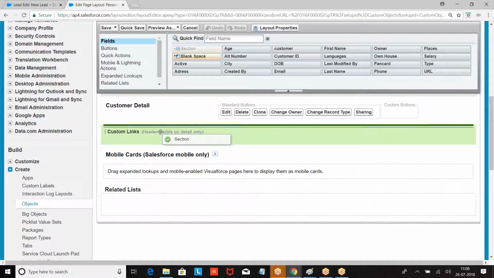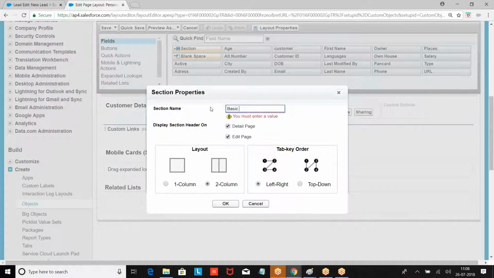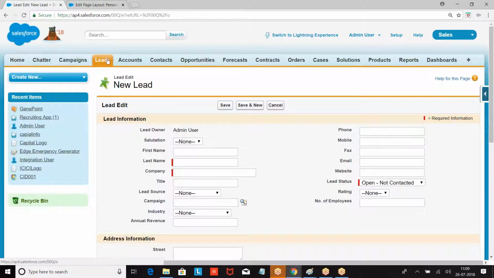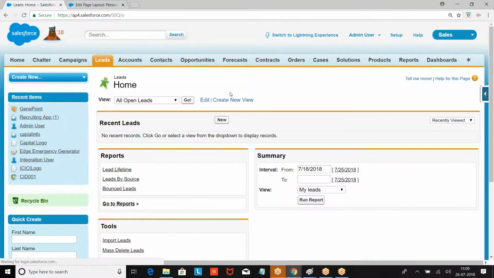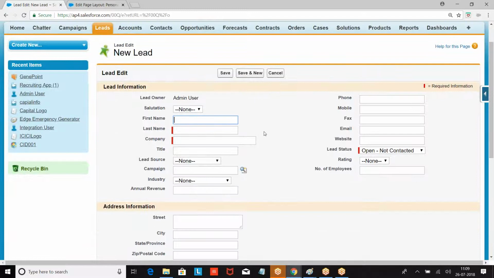Section, drag and drop. Basic information. Write it. Now, there will be two pages. When I click on the tab, what you get is called the home page of an object. When you click on new, what you find here is called the edit page of a record.